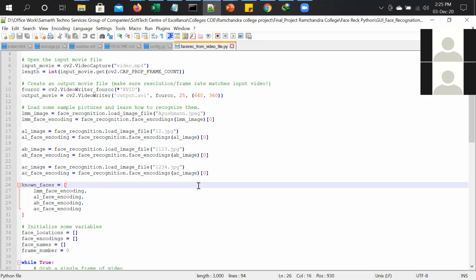Though from that faulty footage we need to identify something. Maybe we can identify a number plate of the particular vehicle, or maybe we can find that person. So that we can do, even we can perform object detection. For that we have taken the input here, then that input is stored here, and now we are putting it as known faces. Whatever input we are having, we are considering it as raw data, so we are putting it into the known faces.